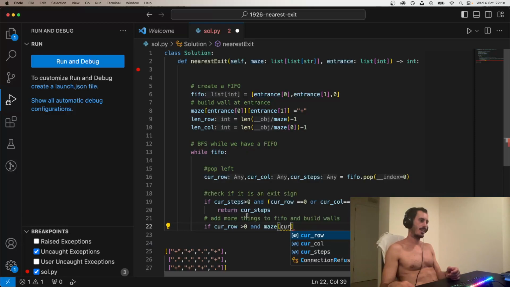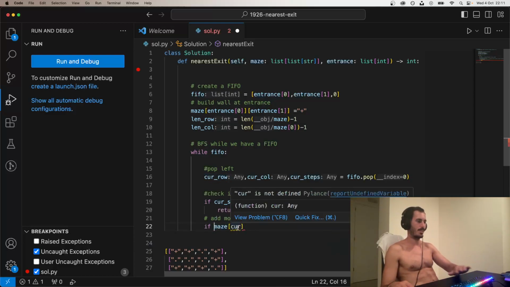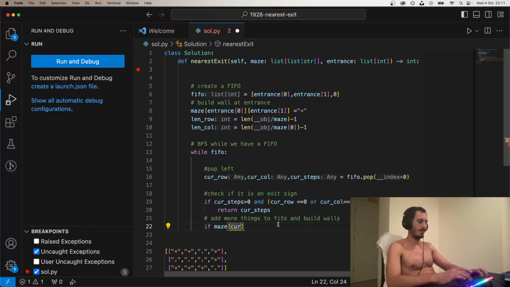Actually, we don't need to check if our current row is bigger than 0. No, we don't need to, because if we were by the edge, we would have already finished. So if maze of current row -1 and current column equals a dot,